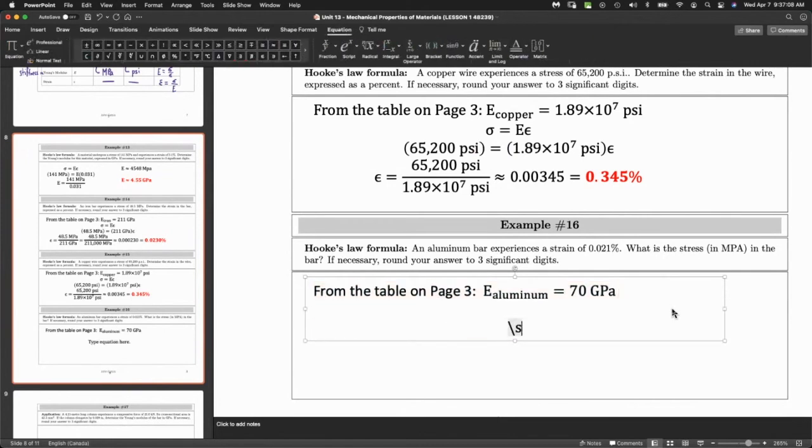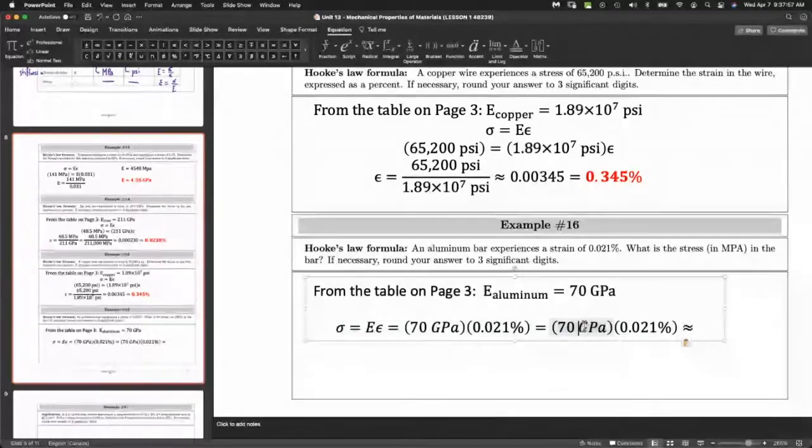The question is to find the stress. So the good news is that we already have the quantities and the formulas in the orientation that we want. But we just have to convert the strain into a decimal. So that's the original as a percent, but remember to go to a decimal, you move the decimal two places, and you can multiply that out. The other thing is the question wants it in megapascals. So perhaps I might be better if I just do the extra step here, where I actually show that expansion. So I'll call that 70,000 megapascals,